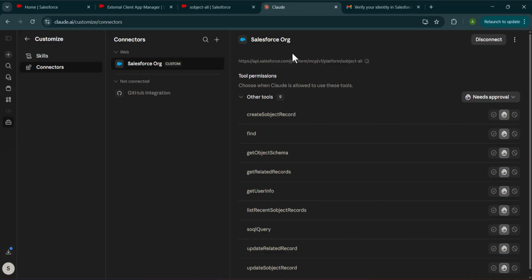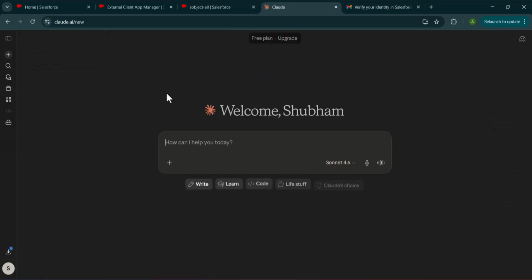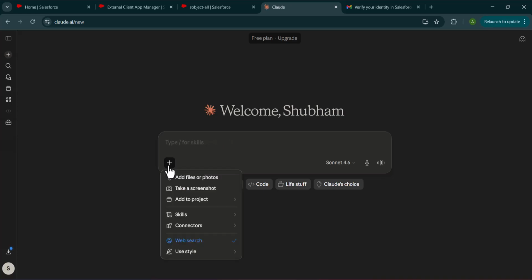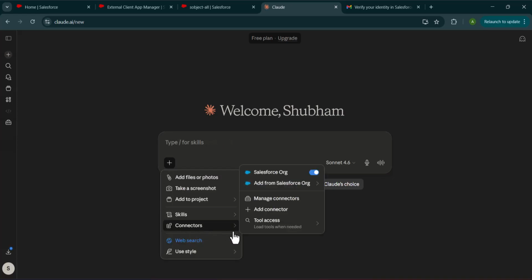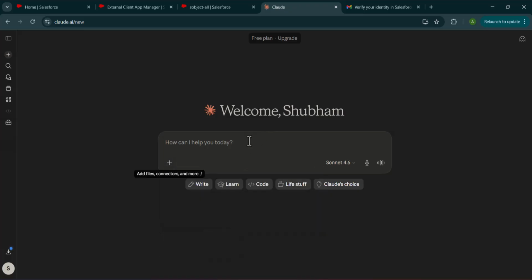So now let's navigate to the home of the Claude. So here we have the new chat. As I click on this new chat and then click on this plus icon, here you can see we have the connectors, and here you will find we have integrated or connected the Salesforce org with the Claude AI. Now let me show you how you can use this Claude AI to perform operations in the Salesforce without opening